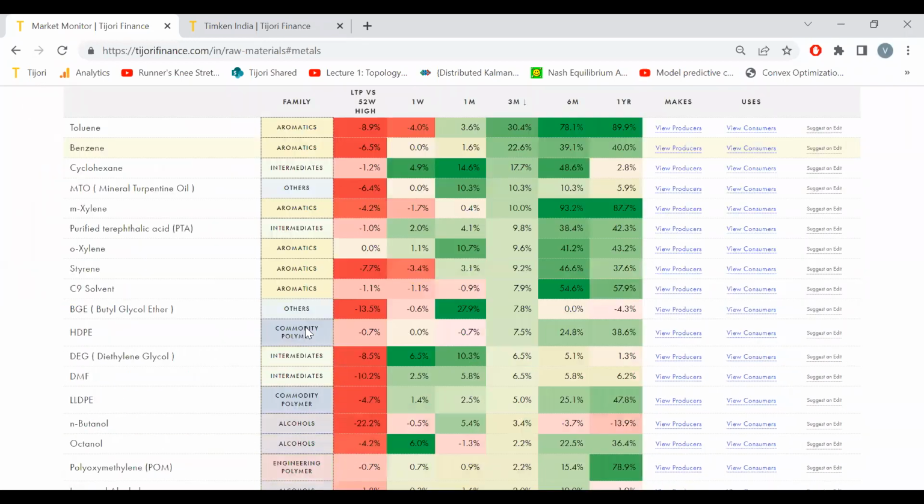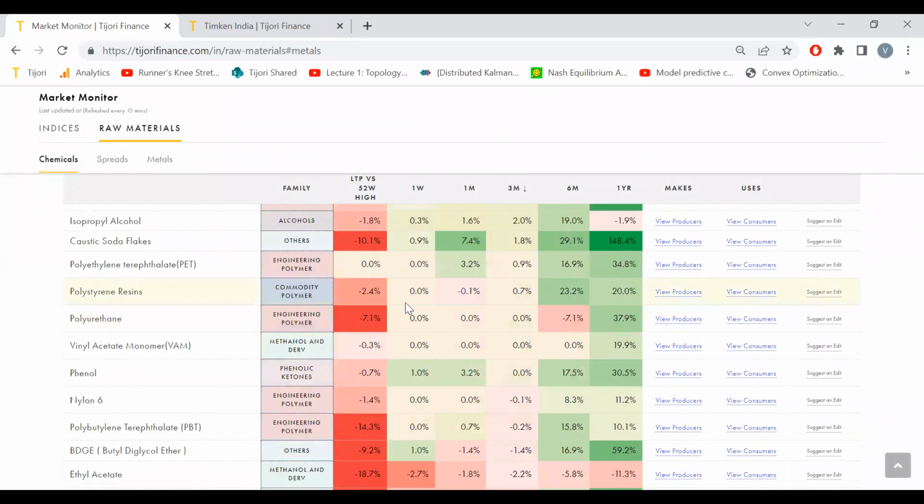Okay. But yeah, you can come here if you've invested in some company and you know it makes raw materials, and what its raw materials are, like phenol. I don't know if you have invested in Deepak Nitrite. You can just check: the last 3 months price is flat, last 1 week price is flat, last 1 month price is flat. So you know what to expect from that segment going forward. You can also find this company Hind Organic Chemical, which seems to be making phenol as well. And maybe it's a reason to dig more.